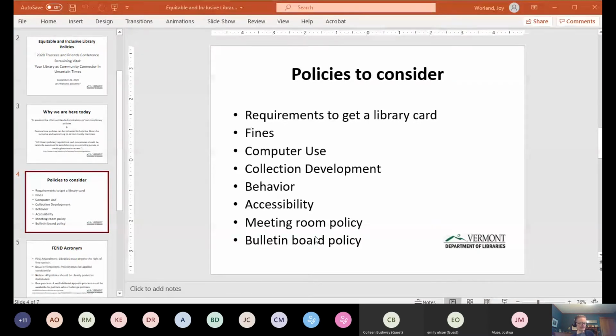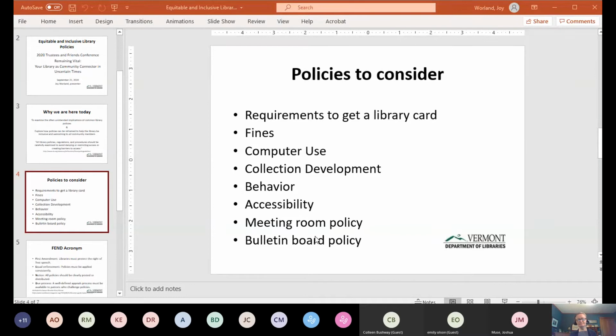And then thinking about when people don't follow the rules and they are disruptive, how are you going to deal with that, and what's your policy about that? If you need help from another organization, what organization is that going to be? Is it going to be the police? Is it going to be a local mental health organization? Libraries are starting to have social workers in their libraries, which is probably not really an option for a lot of Vermont libraries because there just aren't enough people to go around to do that. But even having a social work organization on call for you, so you know that you can reach out to them if you need them,